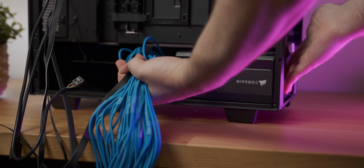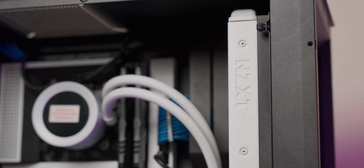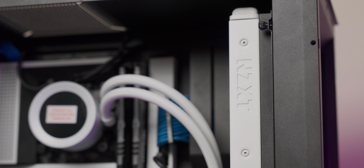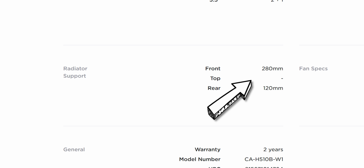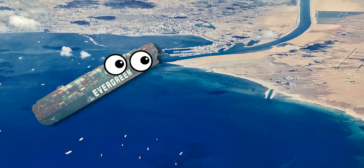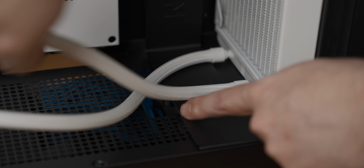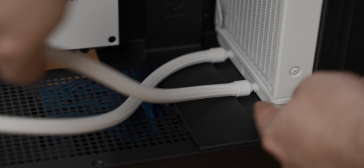Although it does also carry over some of the niggles of the standard H510, again, obviously, because it's the same case. Radiator support, for example. This case does technically support a 280mm radiator, and you can get it in there, but it's kind of like getting a massive container ship through the Suez Canal. Yes, it's technically possible, but you need to be very patient, skilled, and sober while doing it, because invariably the tubes of the AIO catch on the cable management cover, which is a bit annoying,